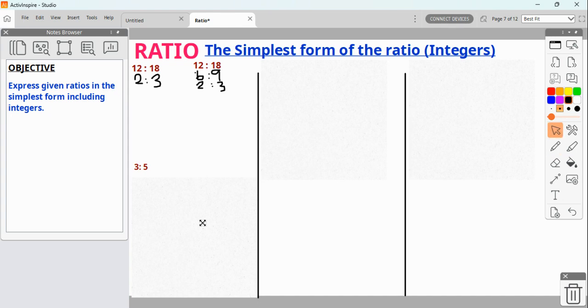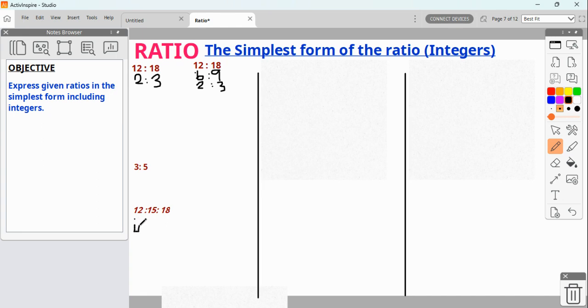Let's move to the next example, that is 12 ratio 15 ratio 18. So we can check all three numbers, 12, 15 and 18. Now in this example we have three numbers in this ratio. Three integers are given, 12, 15 and 18. In the above two examples we had only two integers. You can check it: all three integers are divisible by 3. So we can solve it by 3.